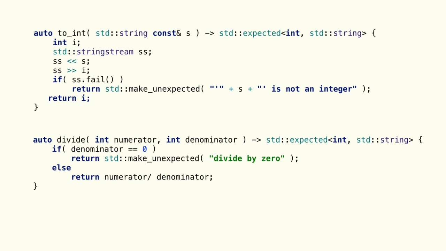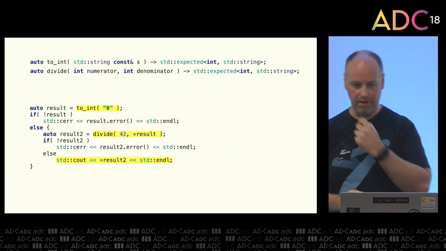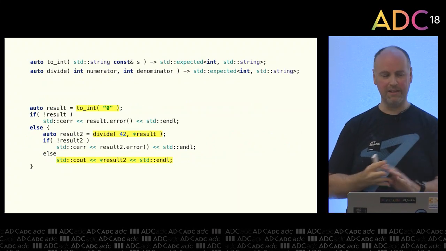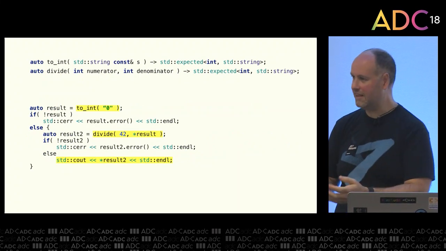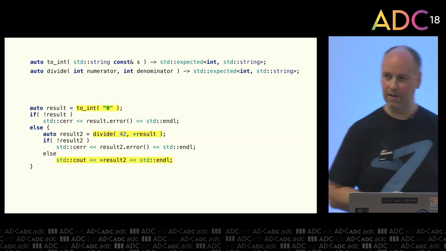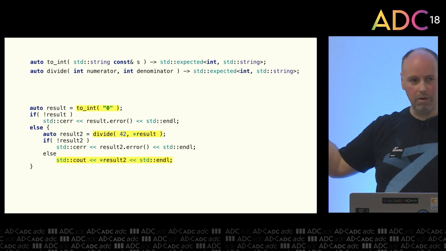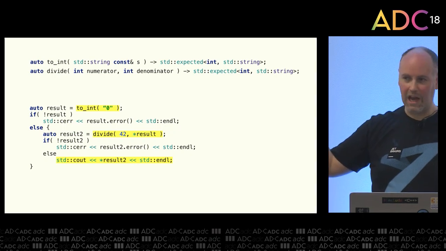So in both cases, I'm handling errors using std::expected here. So std::expected of int with string as the error type. Implementation is fairly straightforward. I won't dig into that too much. Let's have a look at how you would use this, though. So remember, this is std::expected, which is about the best we've seen in terms of expressive error handling so far. Just with two functions, the bits in yellow are the happy path, and everything else is boilerplate.